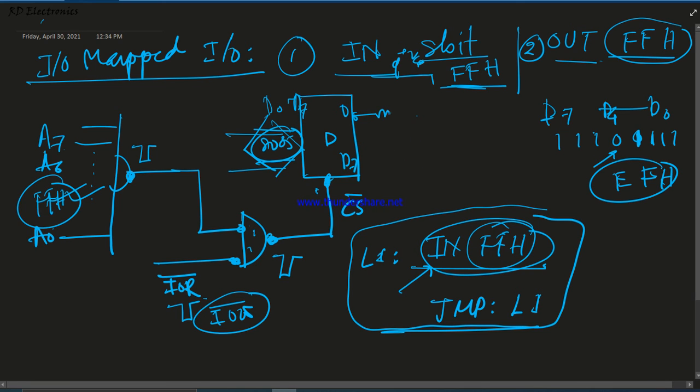Now here we connect different LEDs. This is number 1 and 2. This is the last, D0 to D7. This is an LED.